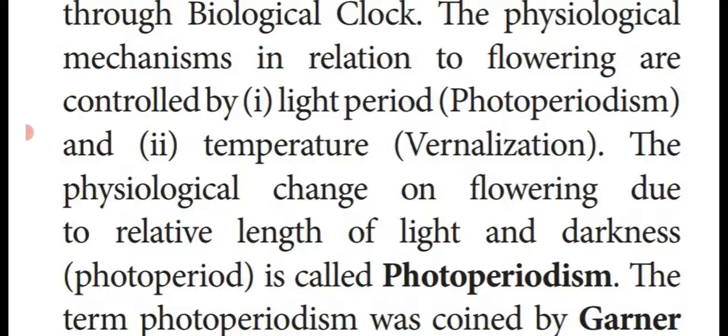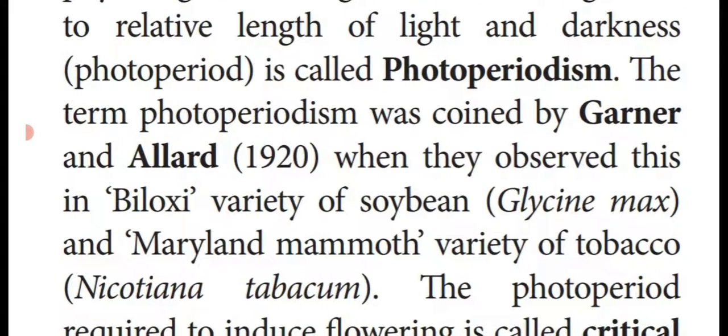So the functional activities of flowers depend upon the relative length of light and darkness, known as photoperiod or photoperiodism. The physiological change on flowering due to the relative length of light and darkness is called photoperiodism. This was coined by Garner and Allard,